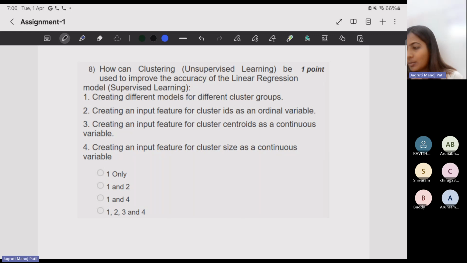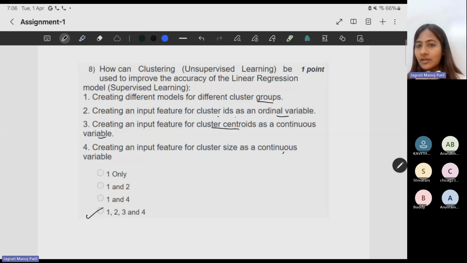So creating different models for different cluster groups. Yes. Creating an input feature for cluster ID as an ordinal variable. That is why we are doing clustering analysis. Creating an input feature for cluster centroids as a continuous variable. That is also true. Creating an input feature for cluster size as a continuous variable. That is also true. So the answer would be